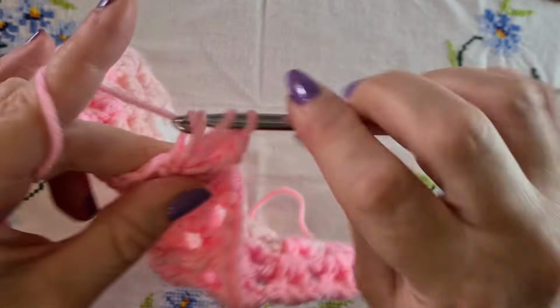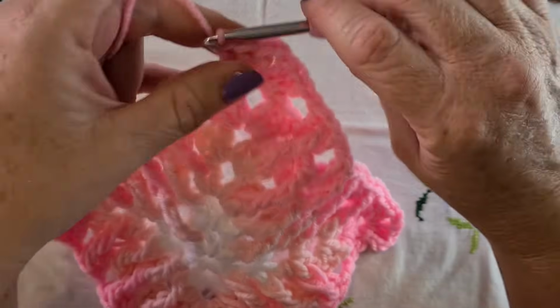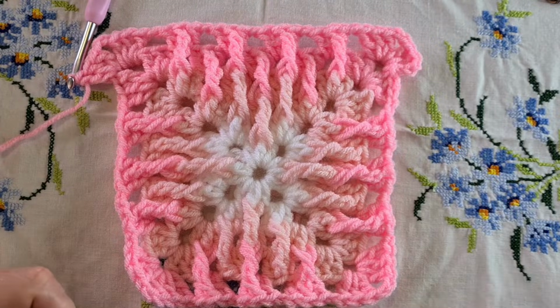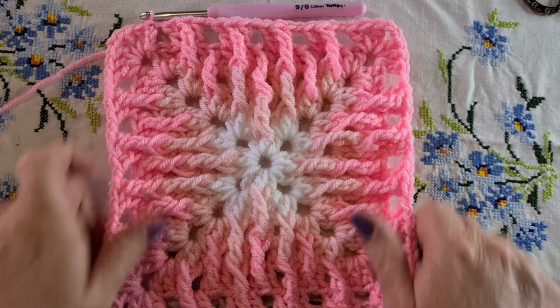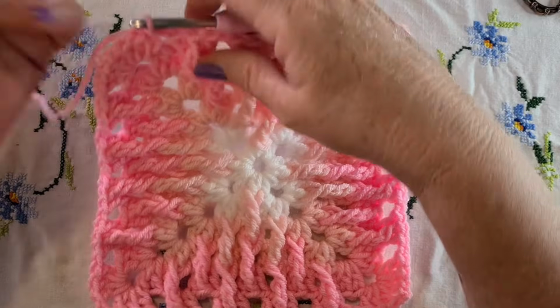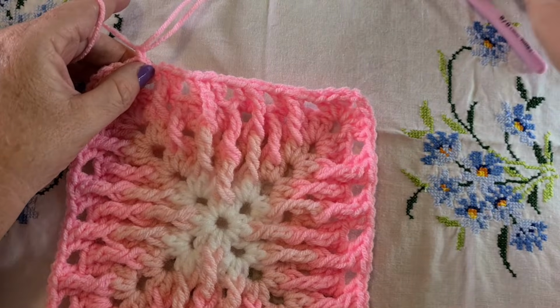Or your spaces are quite big then, and these little spaces are a little bit more intimate. Okay, so I'll see you when we complete this round. At the end of this round, you're really starting to see the pattern, and it's looking fantastic. I'm sure yours is looking marvelous. I've already slip stitched to the 3rd chain, and now I just need to tie off